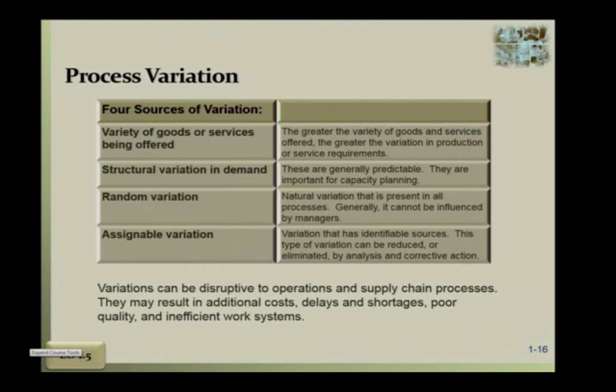But assignable variation is a variation that has some specific causes. So let's say there's a part on the machine that's broken, that results in the output being off in terms of its size and dimension. So assignable variation has many causes, from faulty raw material, faulty process, faulty design. All of that results in major variation that usually results in poor quality.